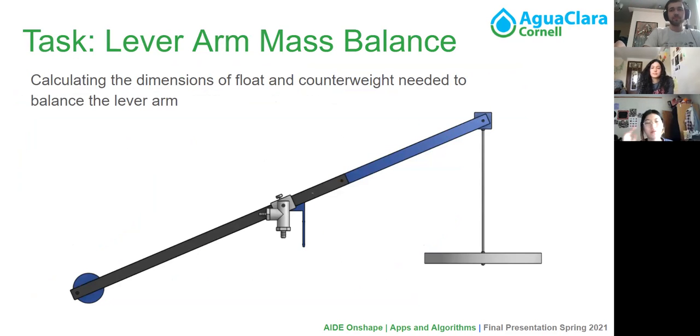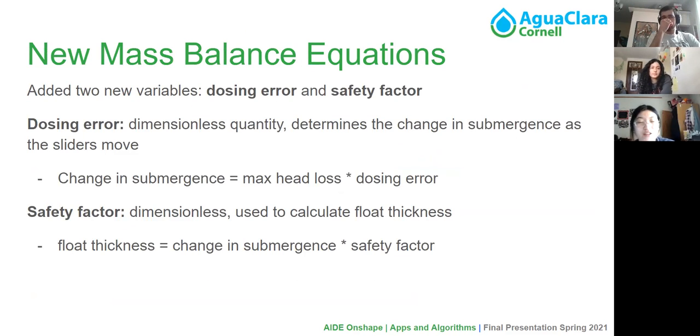So something that we've been working on recently is a continuation of what we presented on at the symposium, and it's the lever arm mass balance. So calculating the dimensions of the float and counterweight needed to balance the lever arm. Next slide. So after receiving feedback from Monroe, we